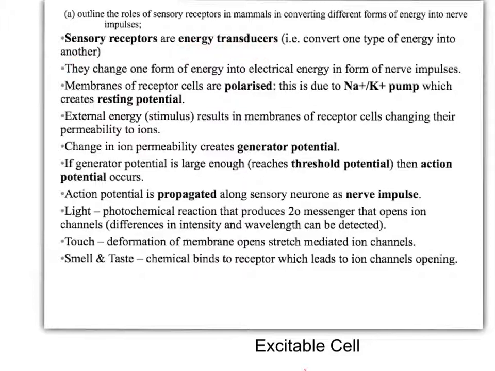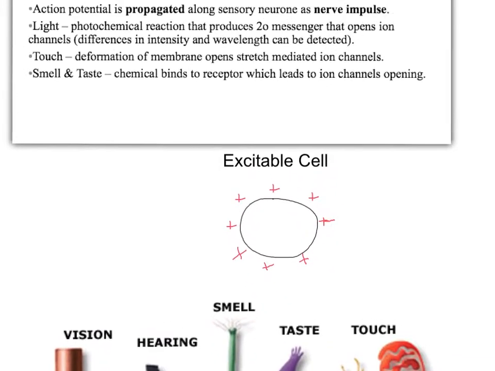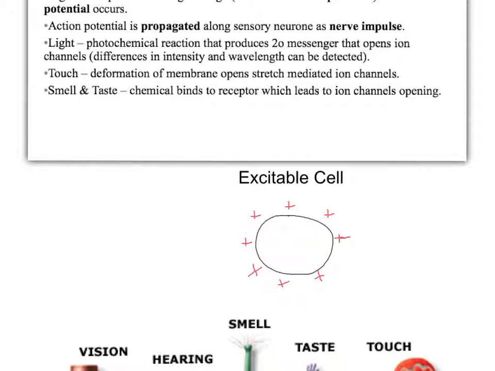So as I've said here, they change one form of energy into electrical energy in the form of a nerve impulse. Now to try and explain how that happens, sensory receptors are examples of what we call excitable cells. As we'll discover later on in this unit, nerve cells are also an example of an excitable cell. And an excitable cell is a cell which has, if you imagine this round circle representing a cell with its cell surface membrane here,